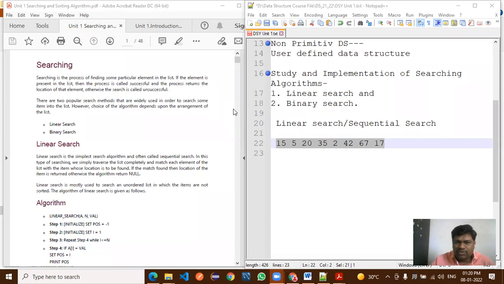Because here I am looking at only 1. Let me check. 1, 2, 3, 4, 5, 6, 7. Roll number 8. I think that's it. 8, 9, 10, 11. Roll number 11. 8 and 11.